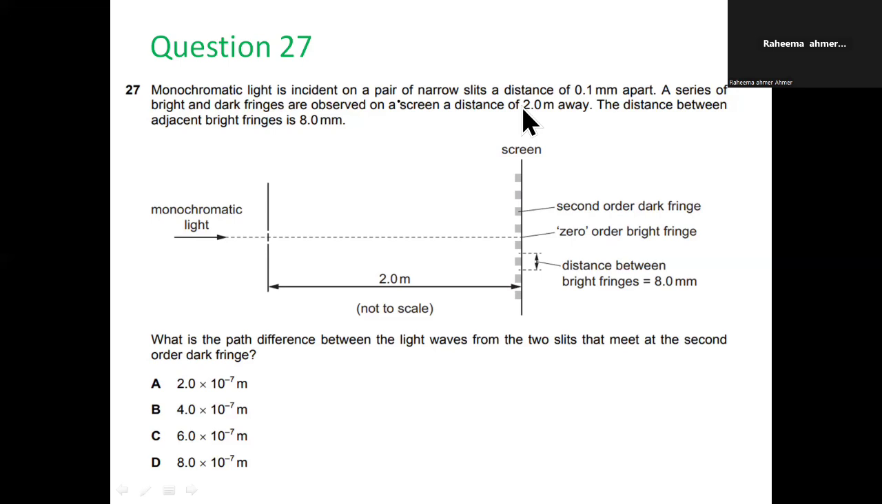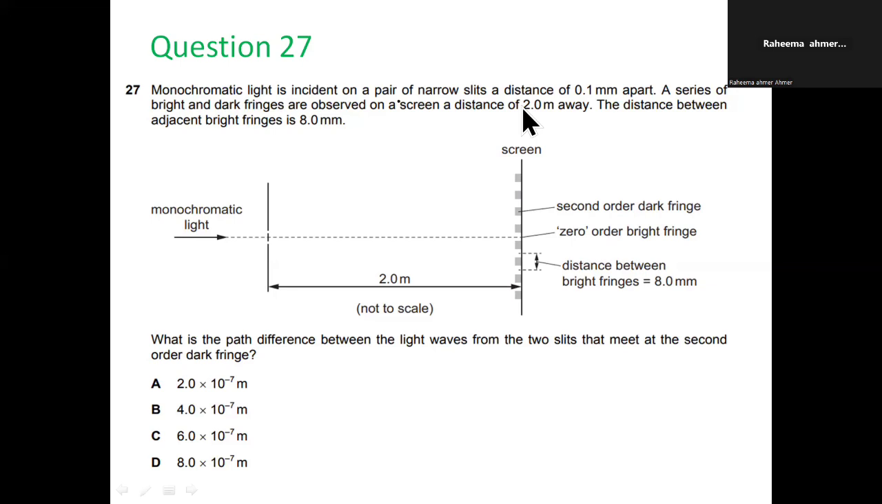So this is also from Young's double slit experiment. Let me make one thing very clear, that if it is asking the path difference at the second order dark fringe, just be very clear that when bright fringes are formed, then constructive interference occurs. And when dark fringes are formed, then destructive interference occurs. So the path difference for constructive interference would be n lambda, where n is a whole number: 1, 2, 3, 4, 5. And the path difference for destructive interference is equal to (2n plus 1) upon 2 lambda,